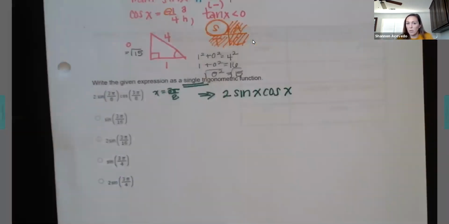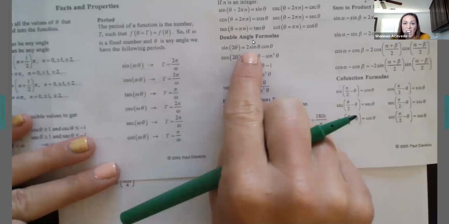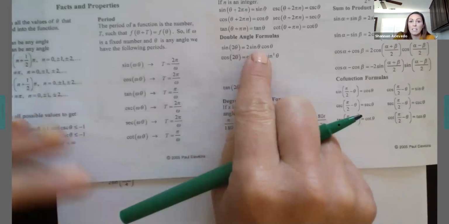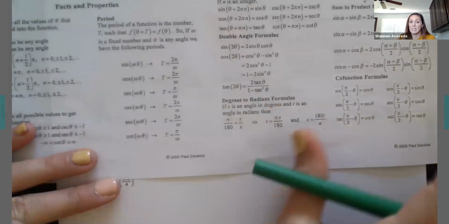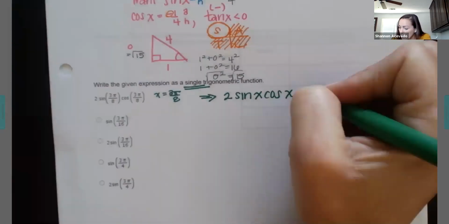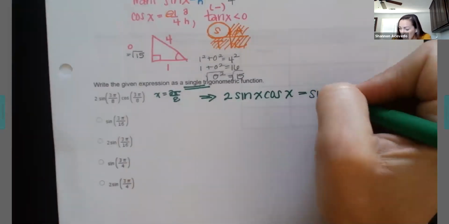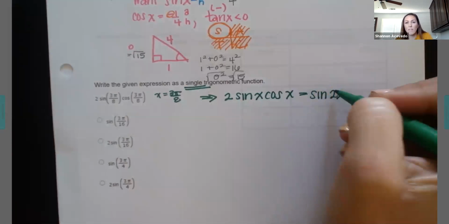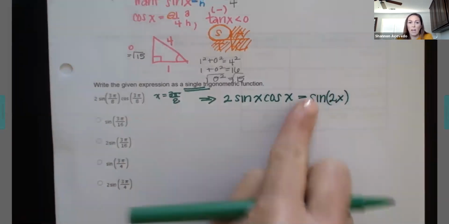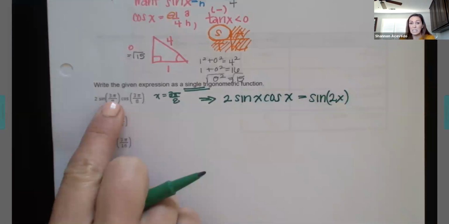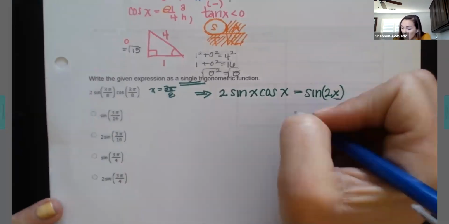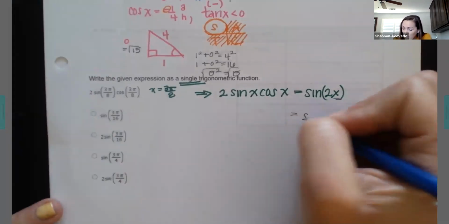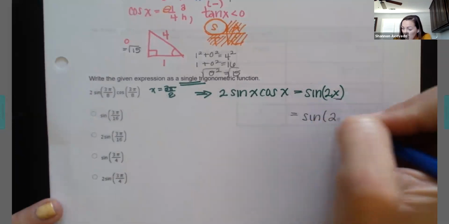So if I match it up with my formulas, 2 sine of theta cosine of theta, I can see then that it's going to be sine of 2 theta, or in this case, is equal to sine of 2x. So again, it's easier for you guys visually sometimes when you get rid of that actual value and put a variable in to see which one it matches up to. So I already know then that this 3 pi over 8 is this x value. So I'm looking for sine of 2 times 3 pi over 8